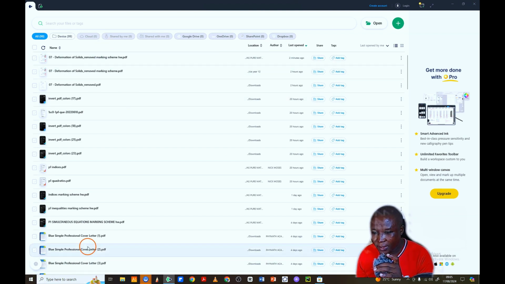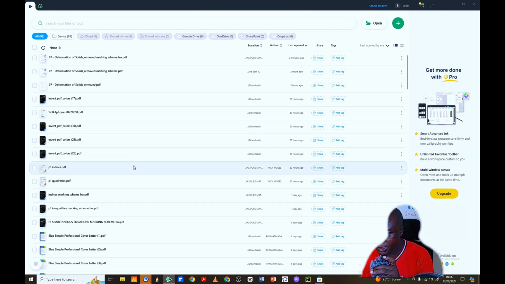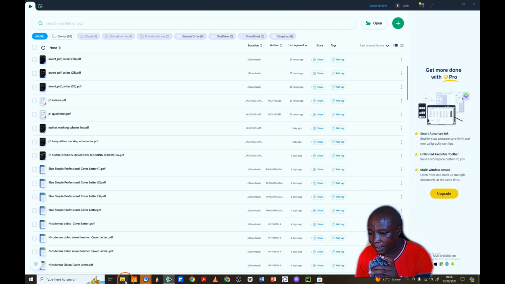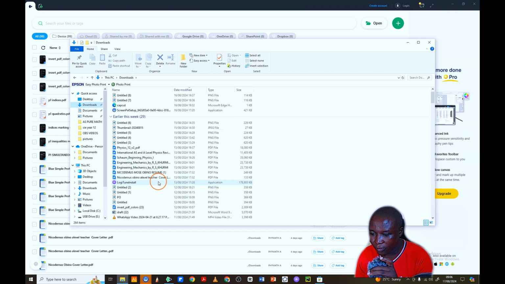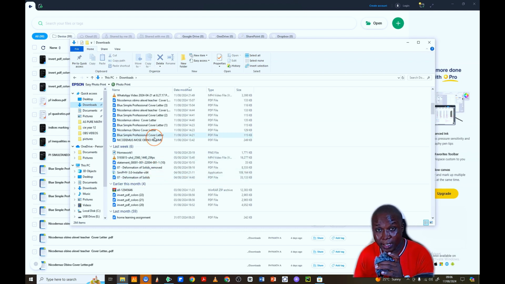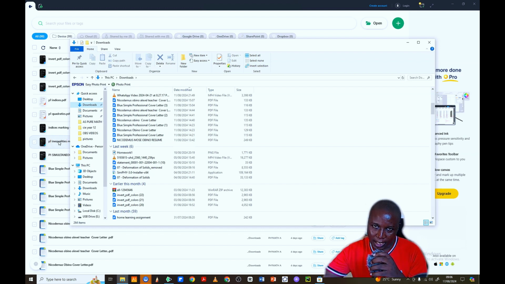Once we are at this point, you see I have different PDF documents in my computer. Let me go to downloads so that I can get one of the documents which we can try to annotate, so that I can show you the different functionalities that Drawboard has, so that you can use it to teach and annotate your PDF. Maybe you have a past paper, you are going to add it to Drawboard so that you can be able to use